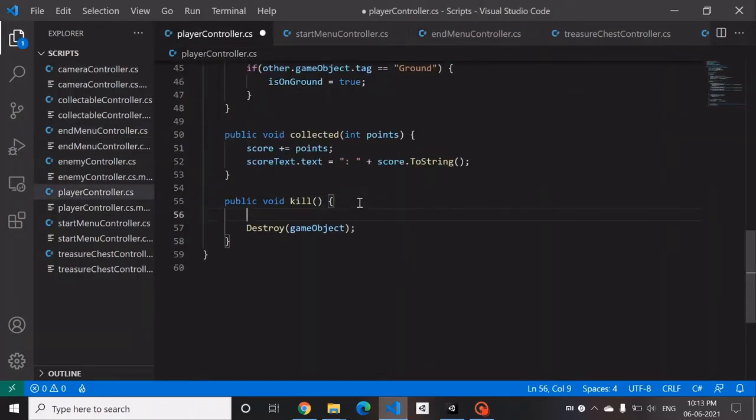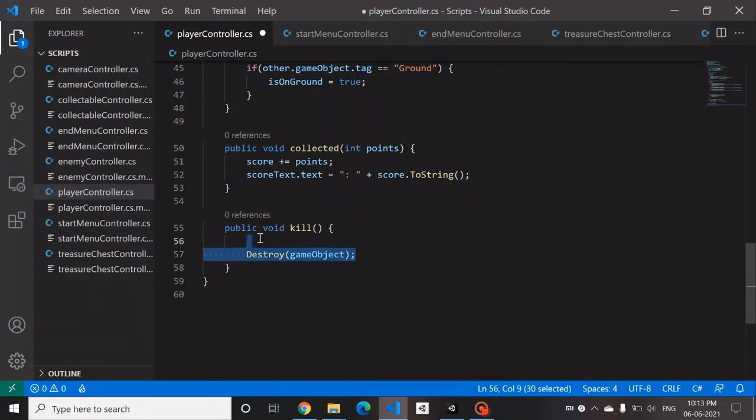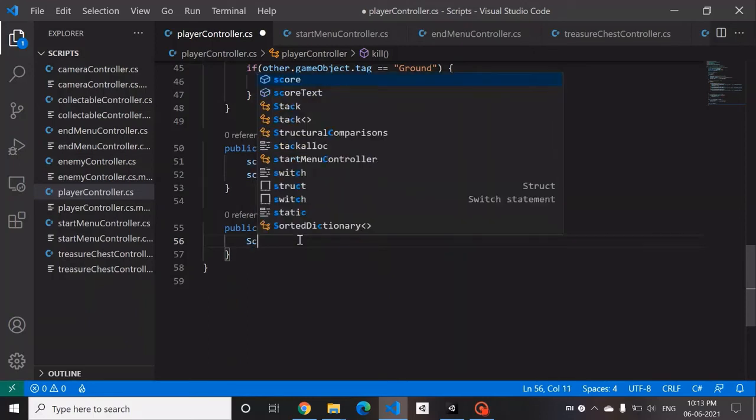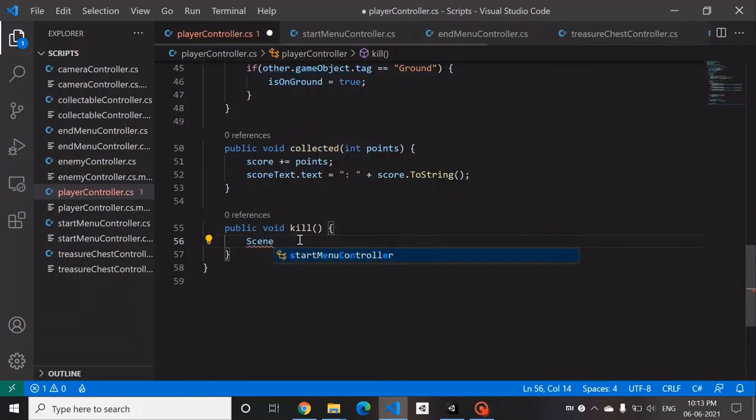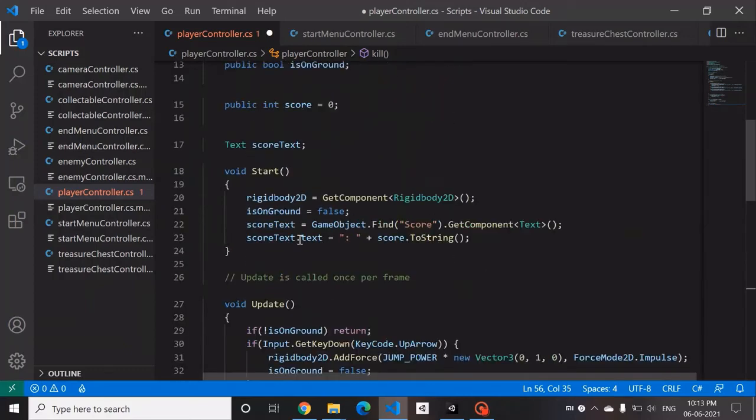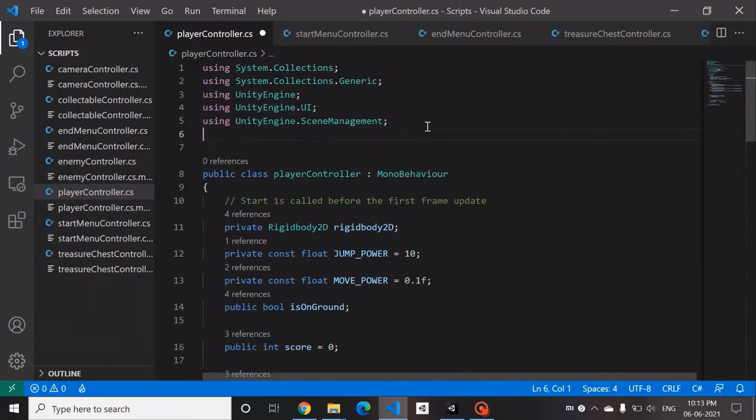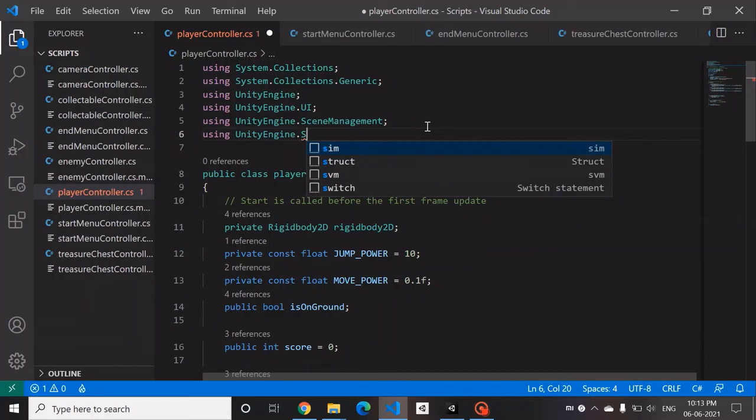So here in the kill, we don't need to destroy the player or anything. We can just shift to the next scene. Scene manager dot load scene 2, and we're going to put the end scene at the second position in the scene manager. So that's why I've added that index.